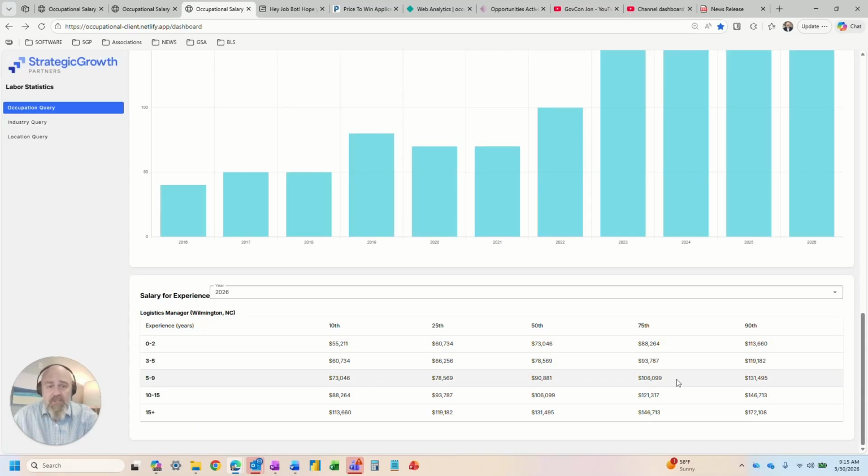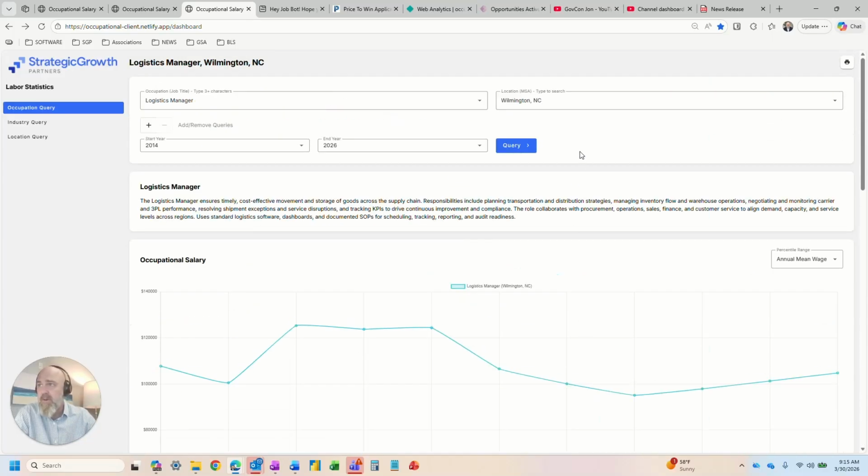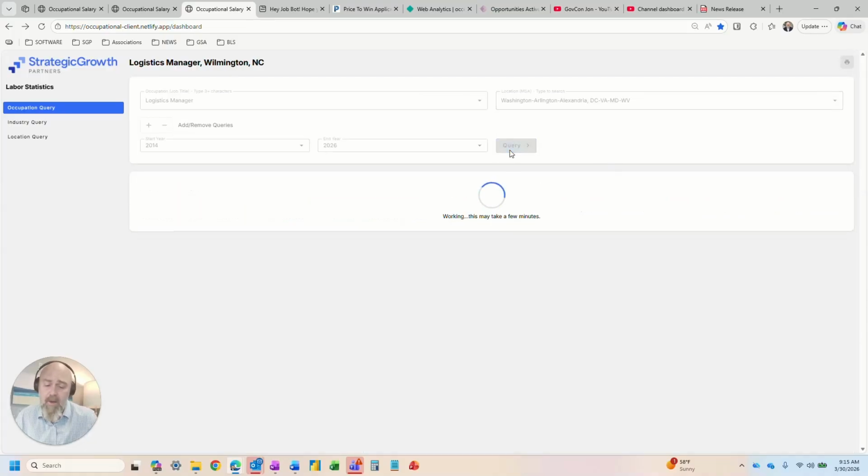So anyway, I appreciate some feedback on here. Again, I'm just looking up some jobs in the Wilmington market, but you can put in any location you want, and you can compare multiple locations within the same jobs, which I think would be a very relevant use case for college graduates who may be entertaining different locations to relocate to for a job.